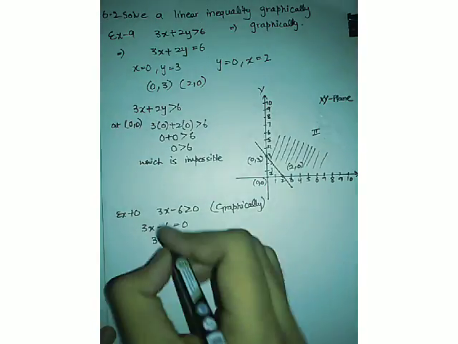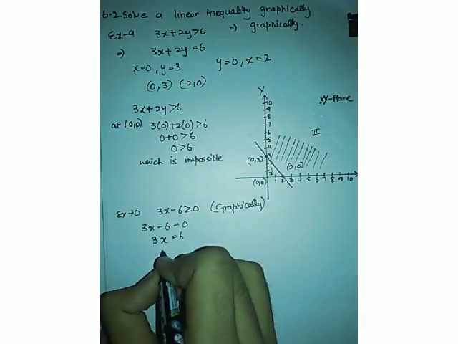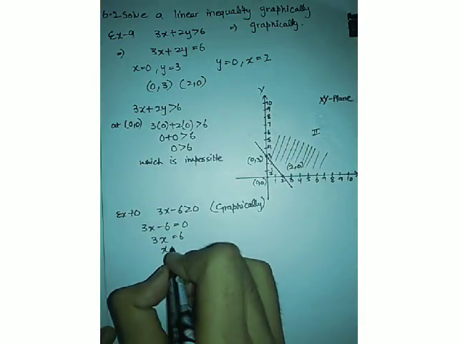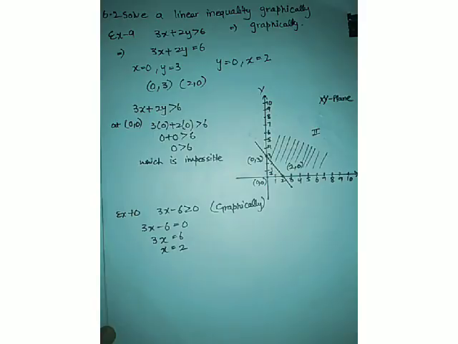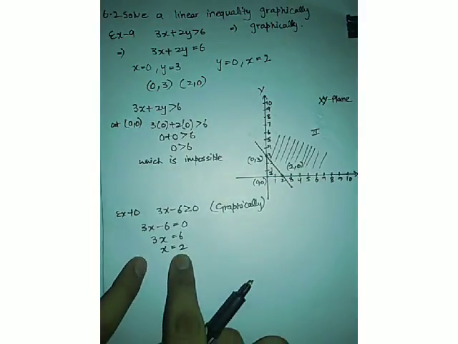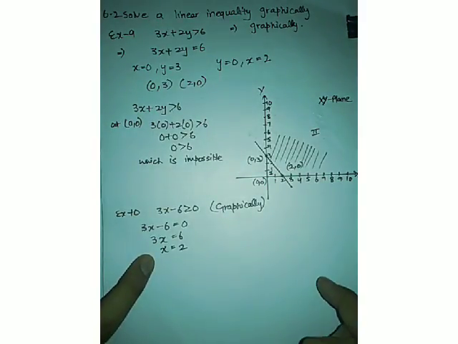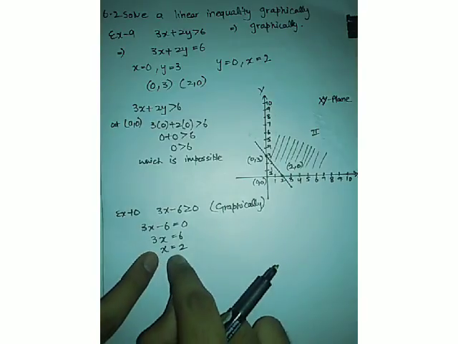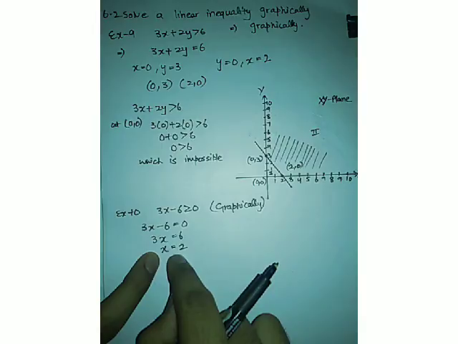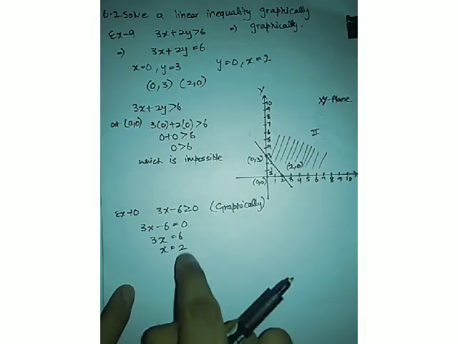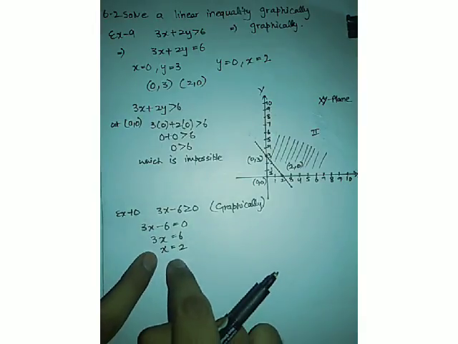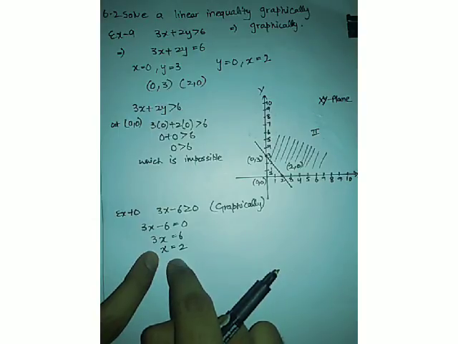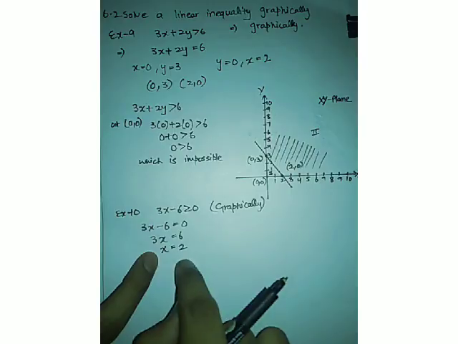3x is equal to 6 and x is equal to 2. All right, so the value of x comes out to be 2. Now plot x equals 2, because this is also very well explained in the 9th class chapter on linear equations. But if you have any doubt in this concept, you can watch my videos which are based on the linear equations chapter of 9th class, and you can make these concepts more clear.